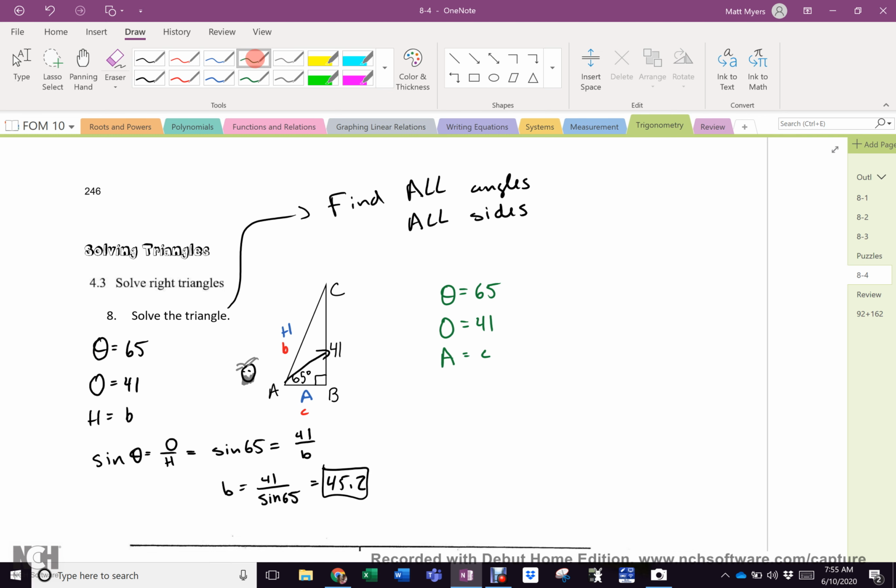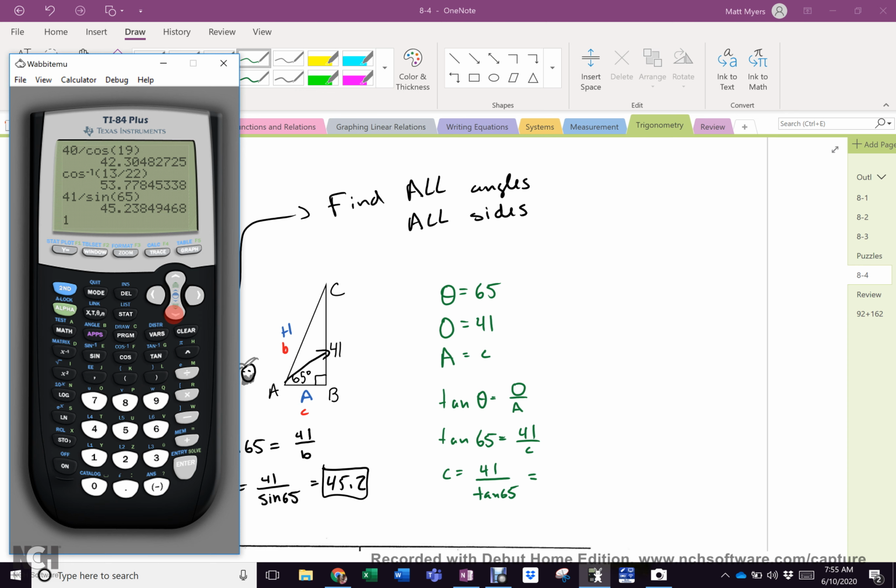So what uses O and A? Well, that's tan theta equals O over A. Tan 65 equals 41 over C. So again, C equals 41 divided by tan 65. Now, could I have used cosine because I had my hypotenuse now? Yes, I could have. Could I have used Pythagoras because I had my hypotenuse and that side? Yes, I could have. It's totally up to you. So, of course, then our answer is